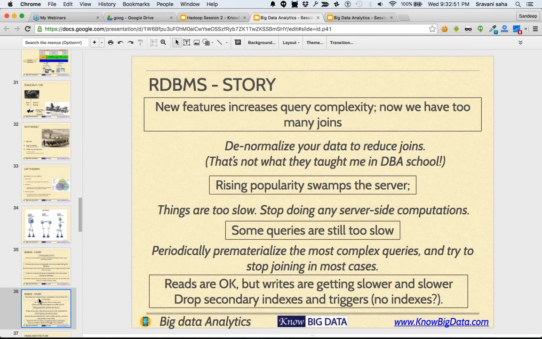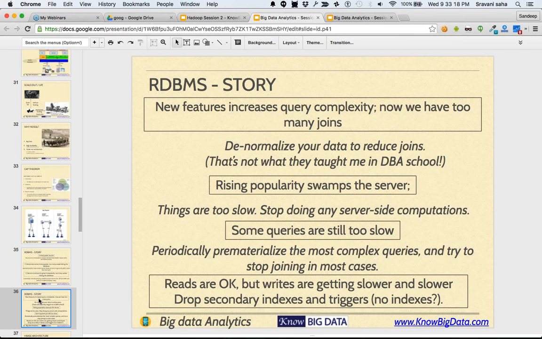Instead of having the product description as a separate table with referential integrity, we start pushing it into the same table, or we start copying the data at two places. Now, the moment a DBA hears this, he will have a really irritating time, because that's not what he was told in DBA school.